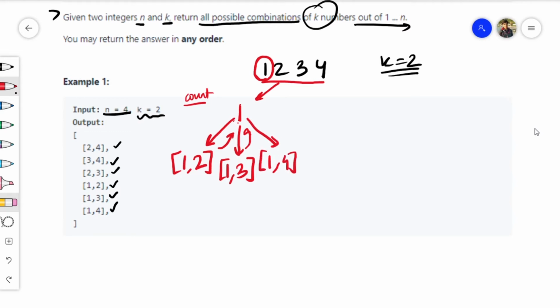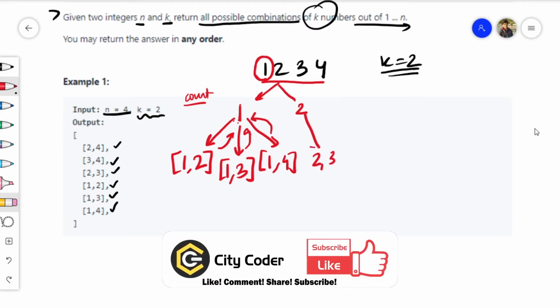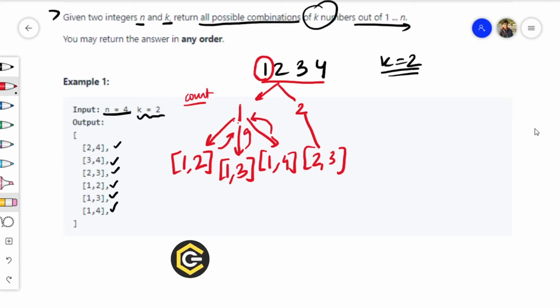This is also possible, and then we'll backtrack and go for the number 2. In 2 also we'll go for 2 3, that is possible, so we'll take that, then we'll backtrack to 2, and consider 2 comma 4, that is also possible, so we'll take that value, then we'll backtrack.